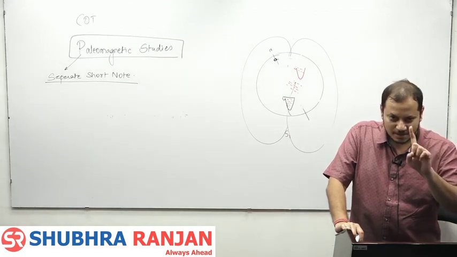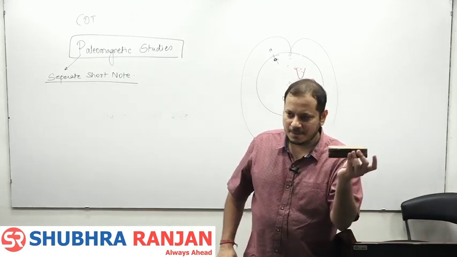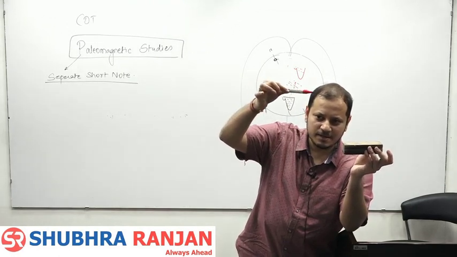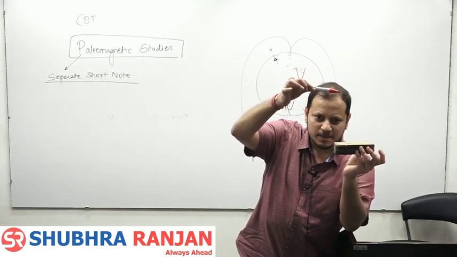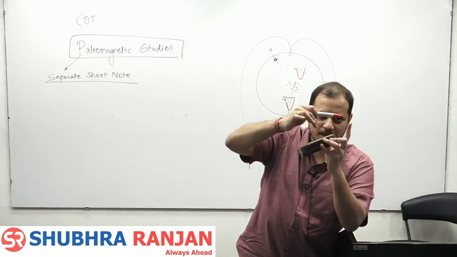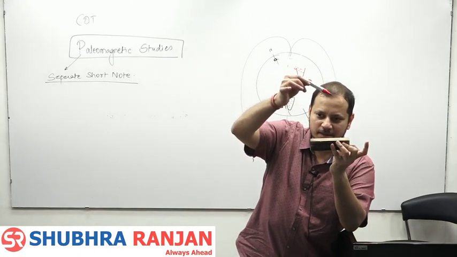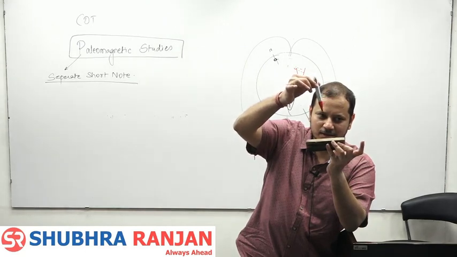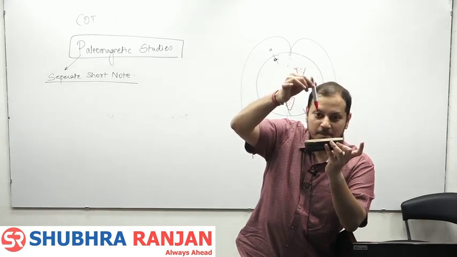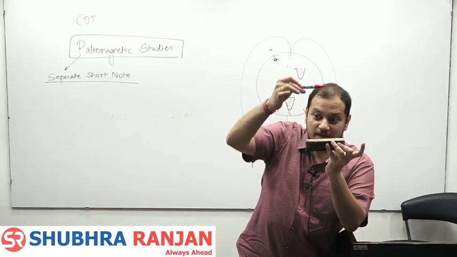Fine. This is the direction. Second, this duster is a magnet and this is an iron. Imagine, if I bring the iron near this duster, will it stay at the same position? No, it will get attracted. And if this is the magnet's north and this is the south, how will it be? When it solidifies, it will be attracted towards the duster, and this is how the metallic minerals will be freezing. Getting it? Why? Because the power of the magnet is greatest at the poles, and therefore the direction,